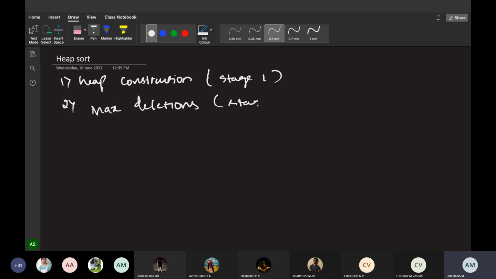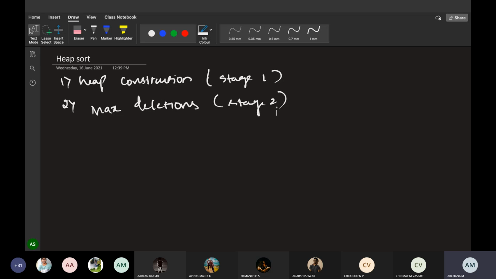When they ask you, you have to write this and start by taking the key elements whichever they have given, take those elements and start with the insertions and then deletions. That is what is very important with heap sorting. Whatever we have studied, the top down approach, is the same thing, but they call it sorting because we have to do both insertions and deletions for the sorting technique. That is known as heap sort, both insertions and deletions.